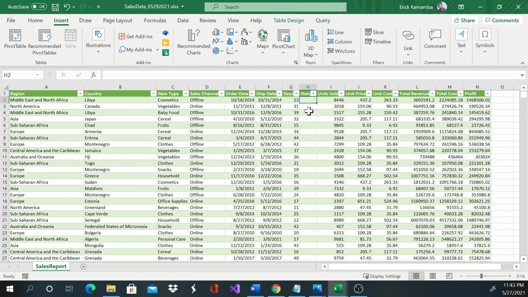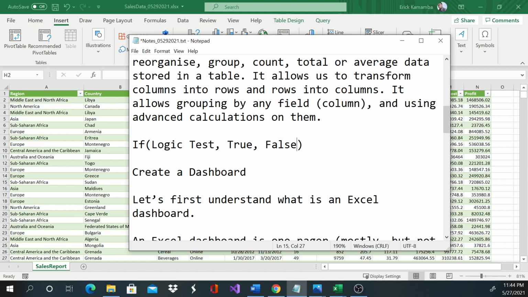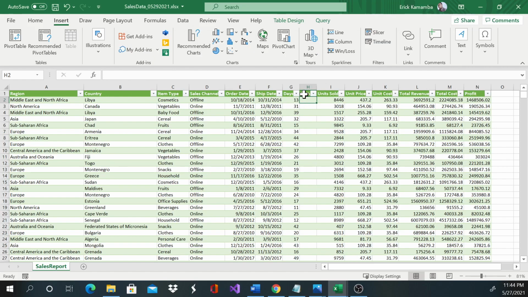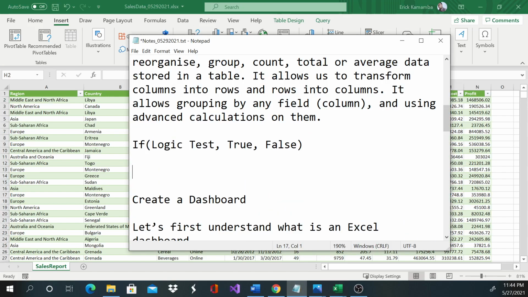To do that, I'll start like a regular if statement. For those who don't know the if statement, you put your logic here, and then if it's true, you display a value here, and if it's false, you put another value. But I would like to get a third value. So on this status, my logic will be, I'll test if